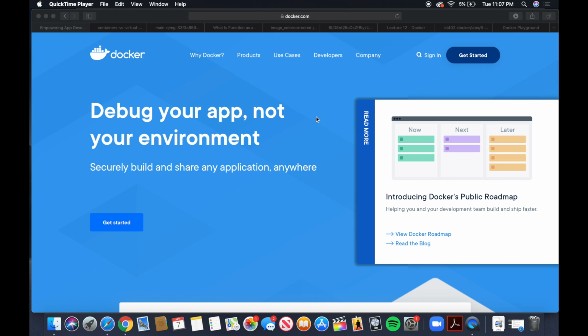So Docker is a set of platform as a service products that use OS virtualization to deliver software in packages called containers. These containers are separate from one another, but they use the same operating system kernel, and they communicate with each other through well-defined channels. So that's a brief definition. I want to tell you first about what function as a service is and how containers are different